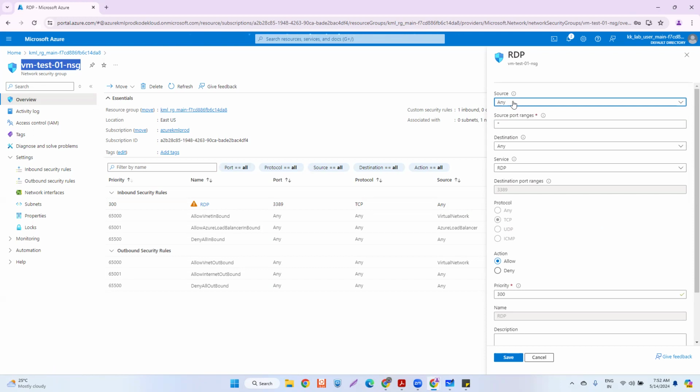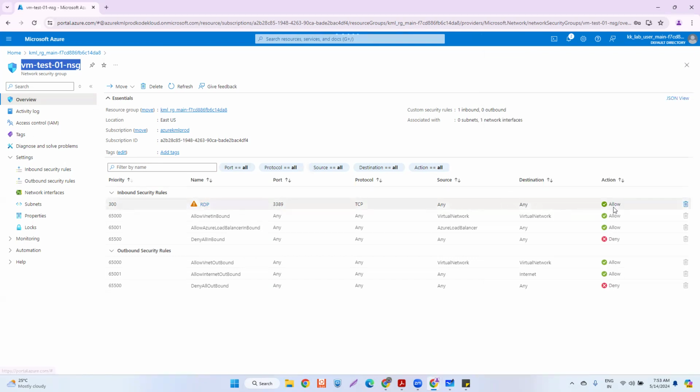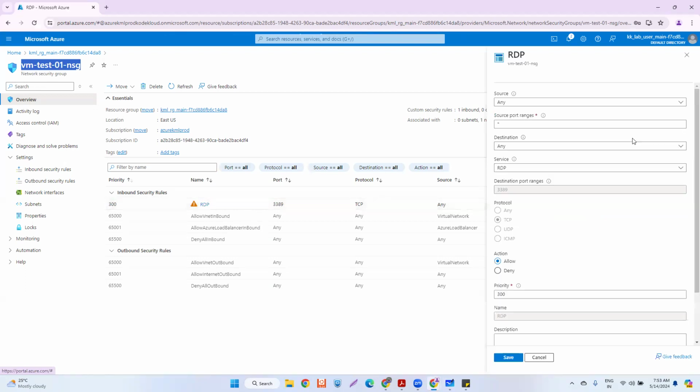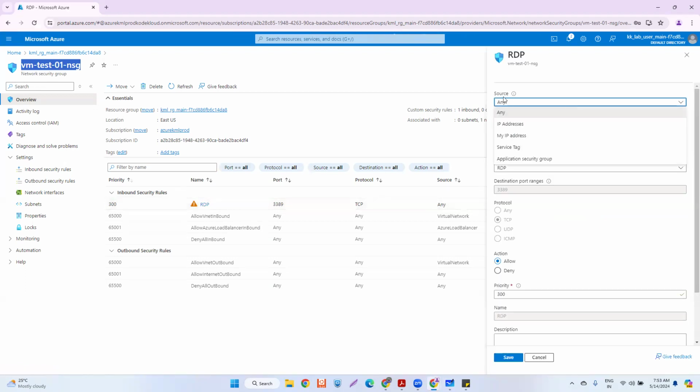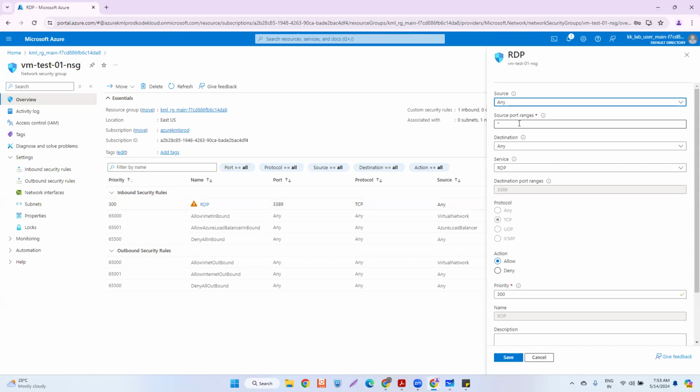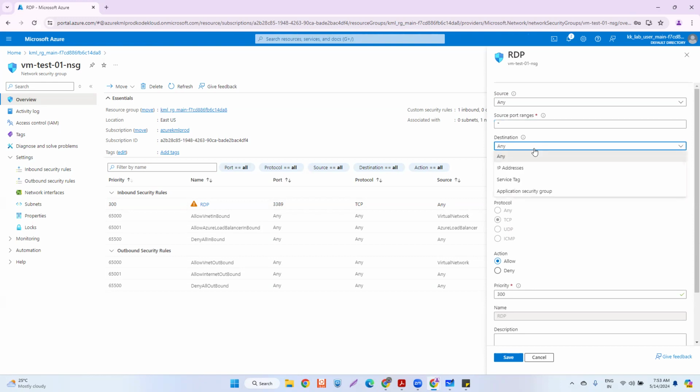Okay. For example, here we have mentioned RDP is allowed, correct? So how is that rule created? They have mentioned, okay, source is any. So from any source, it can come inside. What ports? We put star, which means every port. So there is no restriction on that. Destination also any, which means it can go anywhere inside that